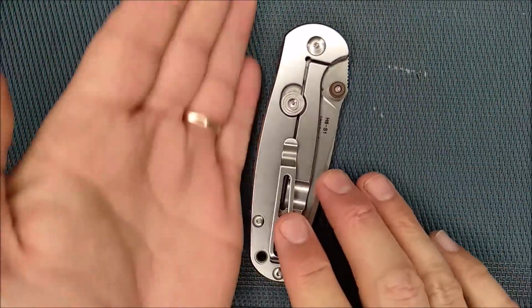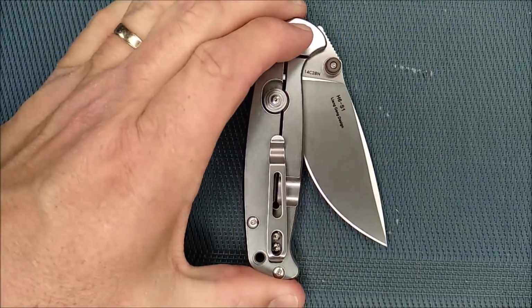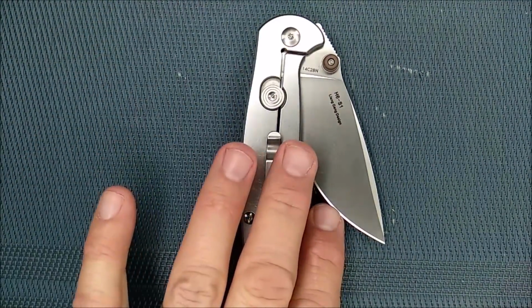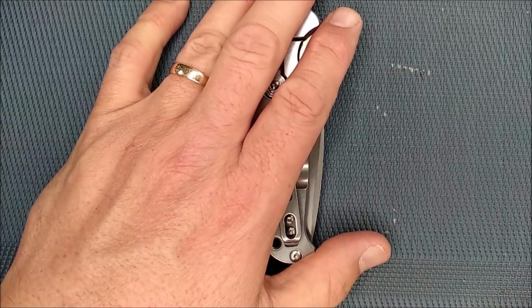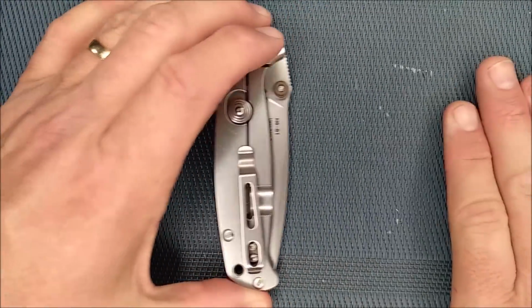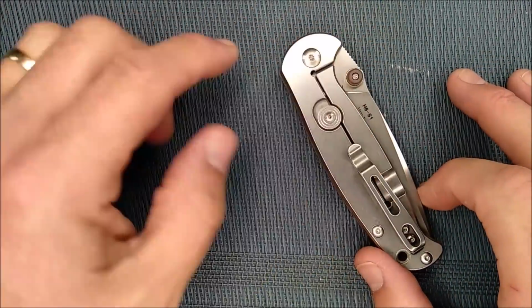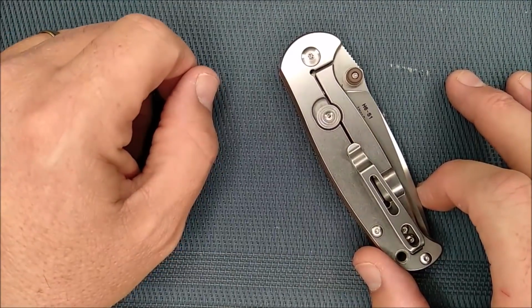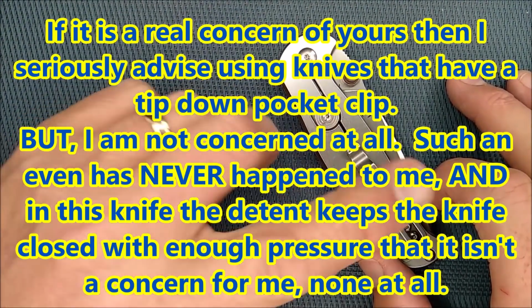seam is on this side, and my pocket is open over here, that this knife will open up in my pocket, and then I'll put my hand in and cut myself. If that's a concern for you, I would say, always put this in your right-hand pocket, or get a knife that's got a tip-down pocket clip. A lot of the H6 knives do have a tip-down pocket clip option, and we're going to see some of